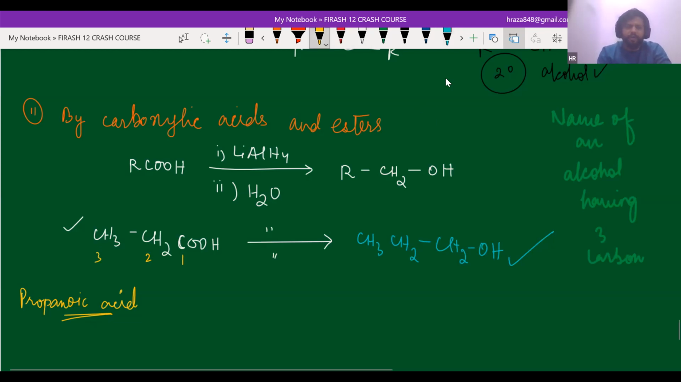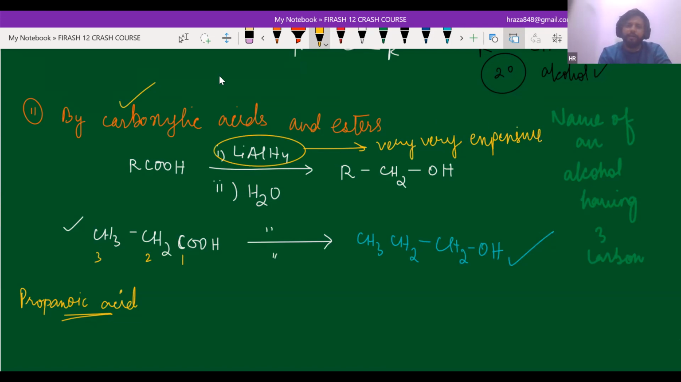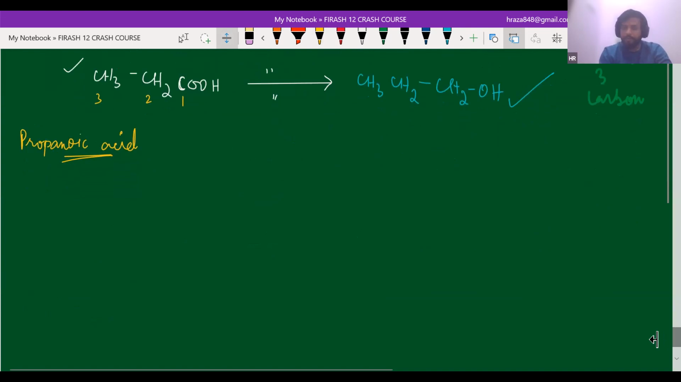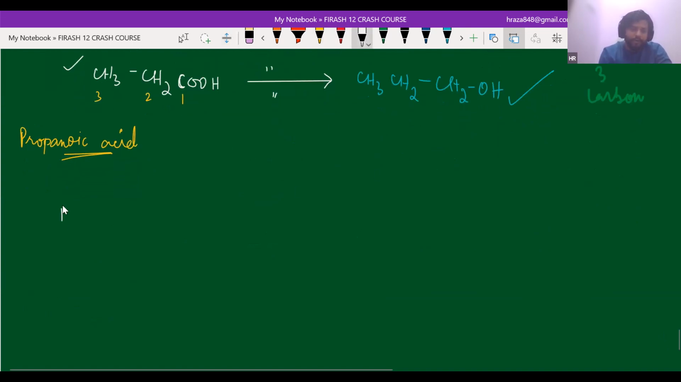So this is how we prepare alcohol from carboxylic acid. But this lithium aluminum hydride is very, very expensive. So we have another method, through ester. If you already have a carboxylic acid, you are going to react this with alcohol in the presence of acid. So you will get